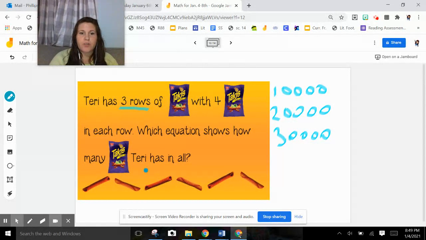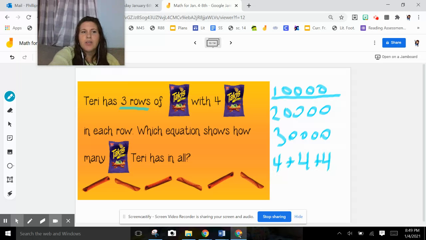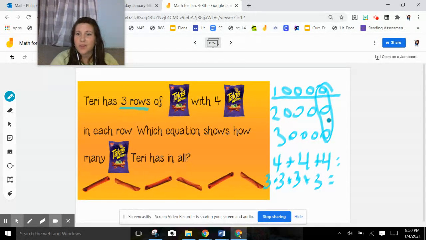Which equation shows how many Takis Terry has in all? So you can make 2 equations with this. You can add the rows together, which would be 4 plus 4 plus 4. You can add the columns together, which would be 3 plus 3 plus 3 plus 3, and both of them equal, and I don't really know what they equal, so I'm going